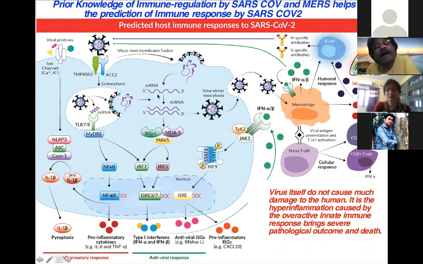So when the virus enters the cell, it releases single-stranded RNA. Single-stranded RNA forms double-stranded RNA, and this double-stranded RNA activates the RIG-I, MDA5 and MAVS mediated pathway that eventually turns on the IRF pathway, the interferon response factors, which translocate to the nucleus and then bind to the ISRE, interferon